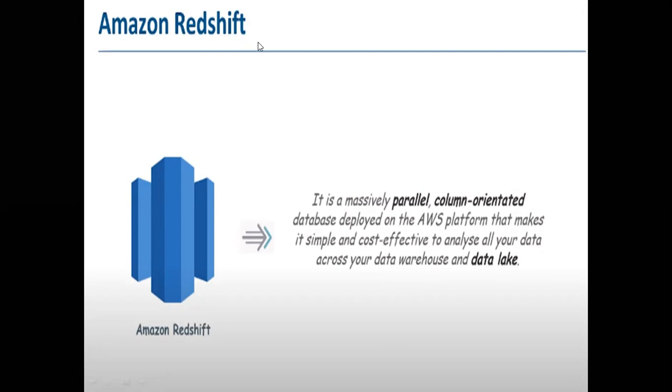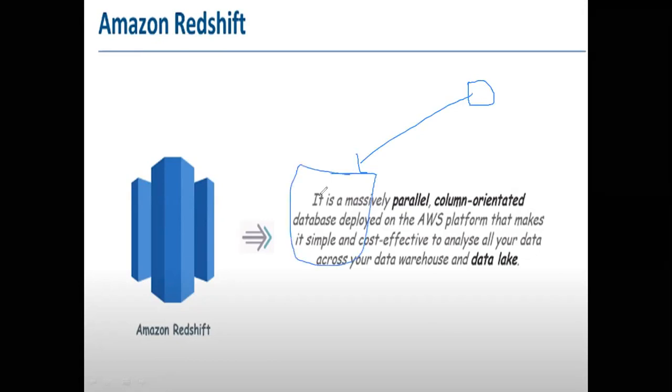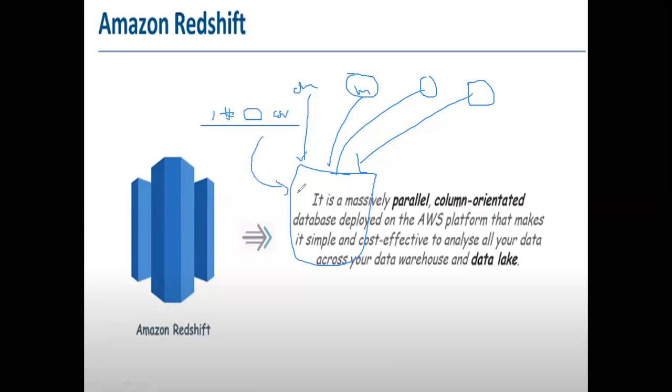For example, you have your Excel sheet. You can send your Excel sheet to the data warehouse or the database you have created. Or you have a JSON file, you can push it. You have data from MySQL, you can push it. You have data from Oracle, you can push it. So any data source you have, whether comma separated, hash separated, Excel, or CSV format, they allow many formats to push the data into the data clusters or database we create